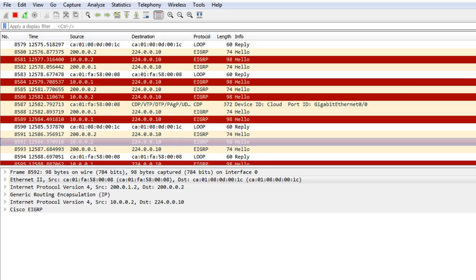Usually you would use the wildcard mask. What's 252 minus... it's 3, right? But we're going to use the old way. This is faster. And same with here, EIGRP 100, the network of